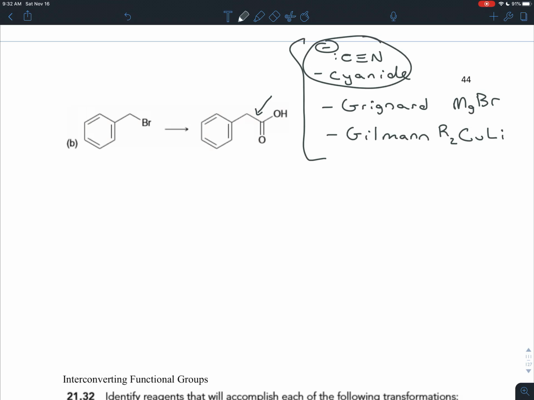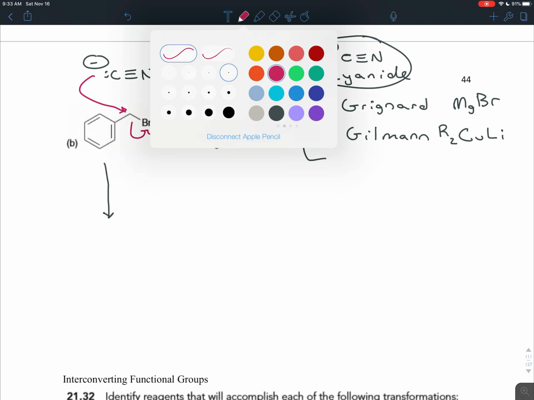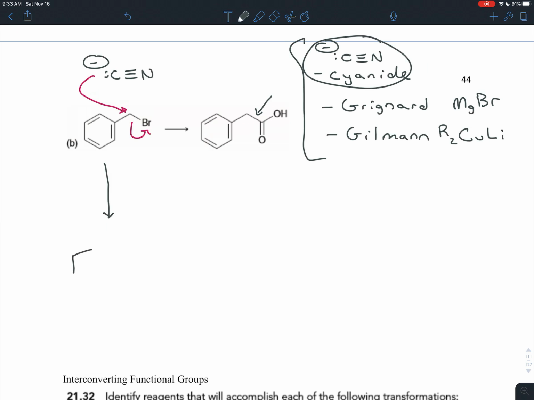Well, the thing is, all of these will make carbon-to-carbon bonds, but the most efficient one would be the cyanide, because we want the carbon that we add to have a functional group on it, and this has a functional group built into it. Not only that, but this functional group is a carboxylic acid derivative, and we want a carboxylic acid. So we could first do a nucleophilic substitution, do an SN2 reaction, have this cyanide swoop in, attack the carbon, kick the bromine off, and that would give us,